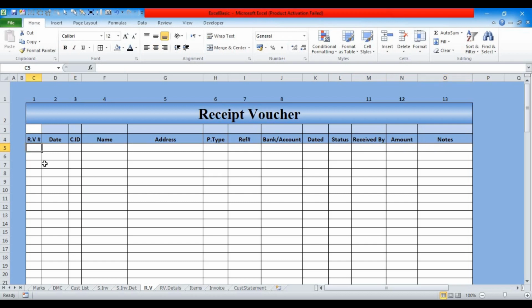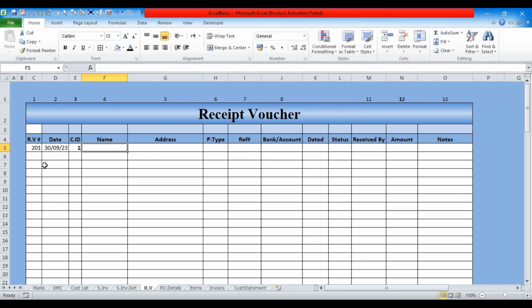So this is where I'll first start from entering the first receipt voucher number, but you must always be careful if you have joined the place newly. You must check the last receipt voucher number that has been created for manual entries. Suppose the last receipt voucher number is 200, then you must start from 201. I'll start from 201, and here I'll enter the date, for example 39, and the customer ID is, suppose, 1,